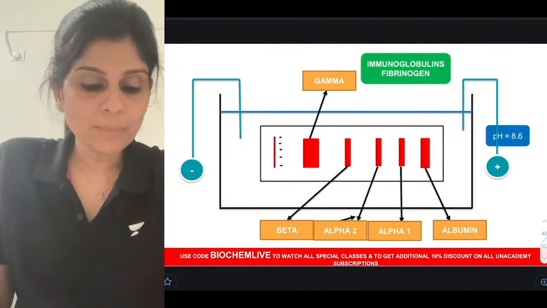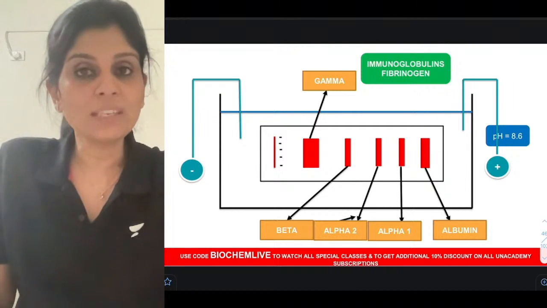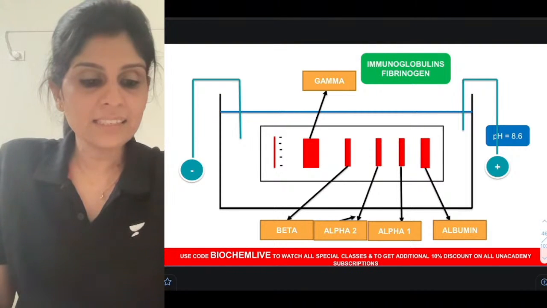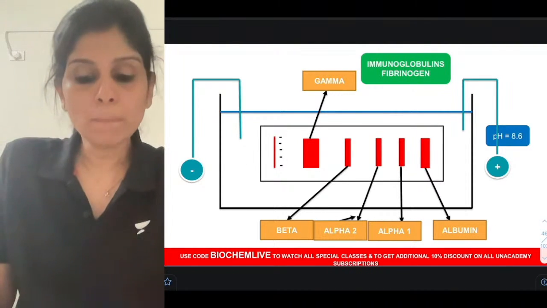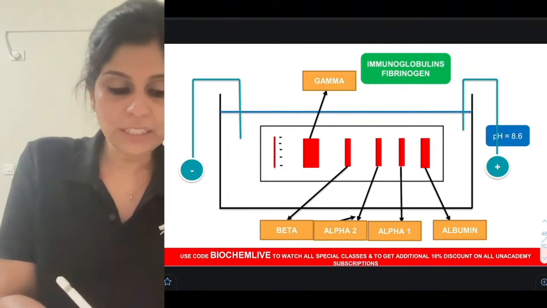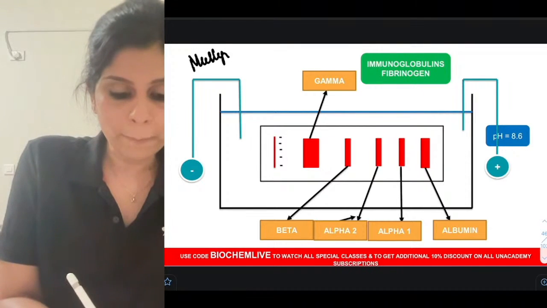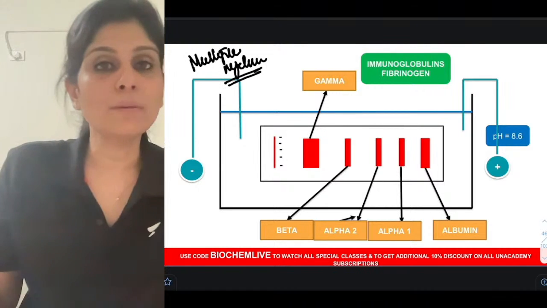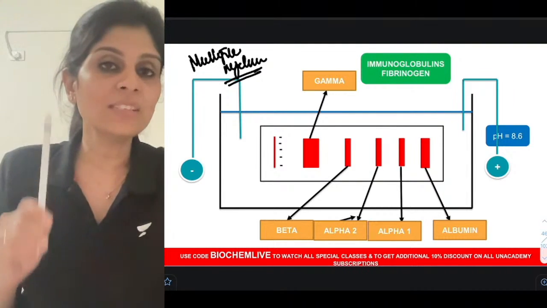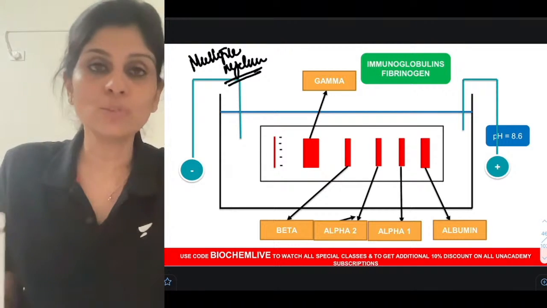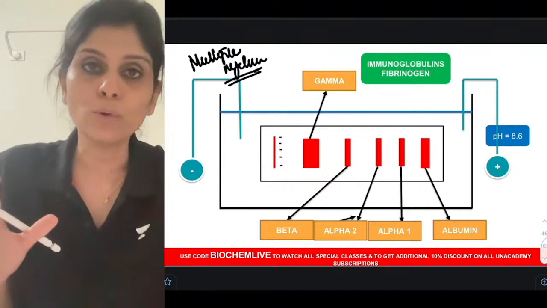So Rahul has got something to say about Bence-Jones protein, and Pragya has something to say about M-spike. Very good. M-spike and Bence-Jones protein, both these are features of multiple myeloma. So all students watching this session, please have this in your mind. The only diagnostic application of protein electrophoresis is multiple myeloma.